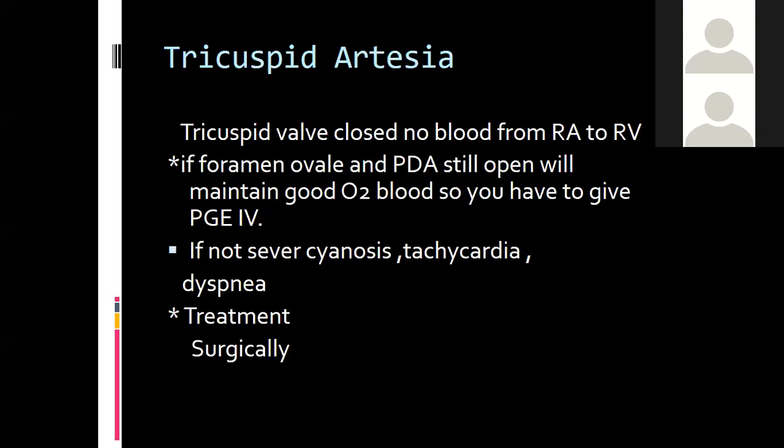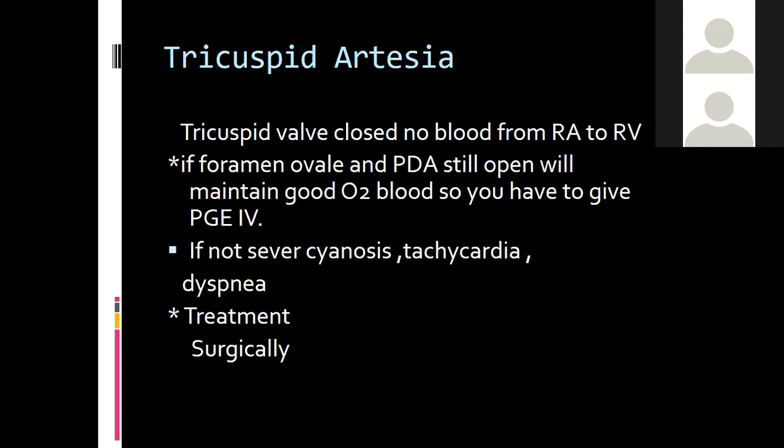So if they also can be a foramen ovale and patent ductus arteriosus, they can still be open and will also maintain good oxygenated blood. That's why you have to give prostaglandin E2 IV therapy in case of the ductus arteriosus. Now, in the case of no treatment,